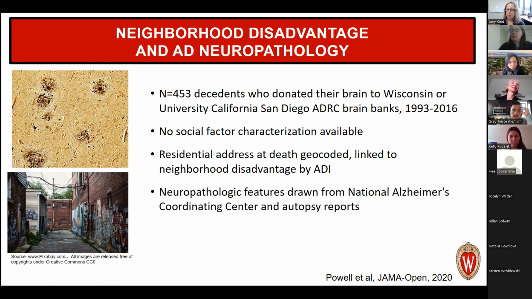So the next step, for those of you that are aware of the Alzheimer's field, you may know that the gold standard diagnosis is still neuropathology. It's still tissue. But many of these tissue biorepositories are not socially characterized. I don't know if any of you have ever worked with a tissue biorepository, especially these that have been around for a long, long, long time. And some of them go back many, many decades.